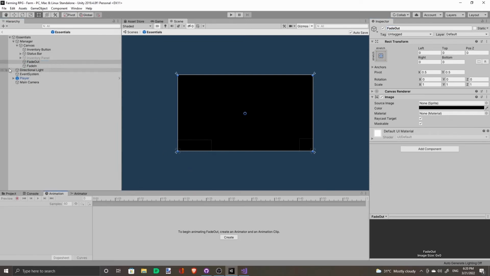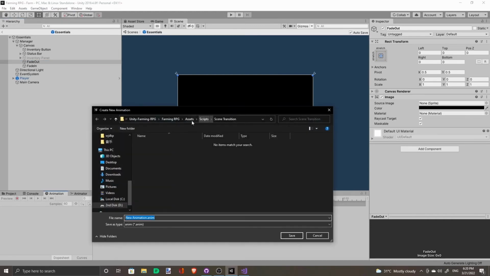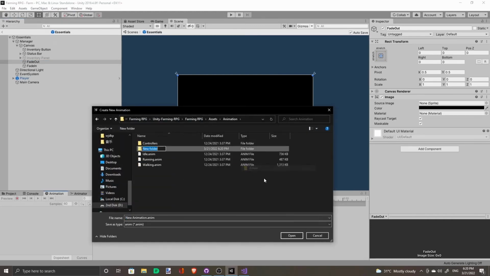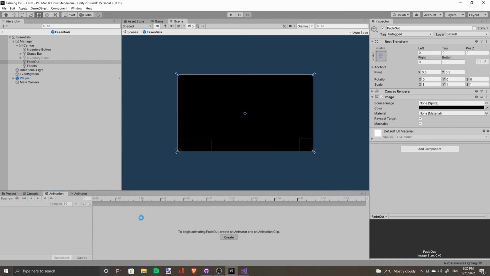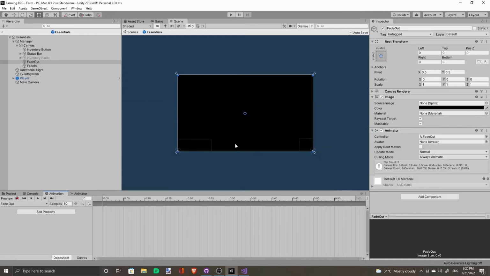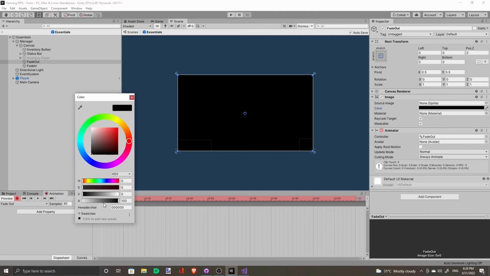For this, we need to create an animation. Create a new folder here, this UI. And we'll call this animation fade out. So what fade out does is that it starts from 0 alpha.